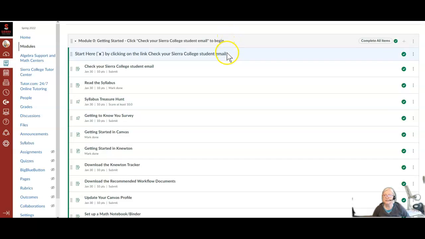So here's module 0. And notice that each assignment has a verb that says what you need to do. So this says you need to submit something to an assignment for Check Your Sierra College Student email. This assignment says you need to mark it as done. The syllabus treasure hunt, you need to score at least 10. So if you're not scoring 10, please ask a question. You get 50 tries, so you could just keep trying again. But it might be helpful to ask a question if there's one that you just don't seem to be getting